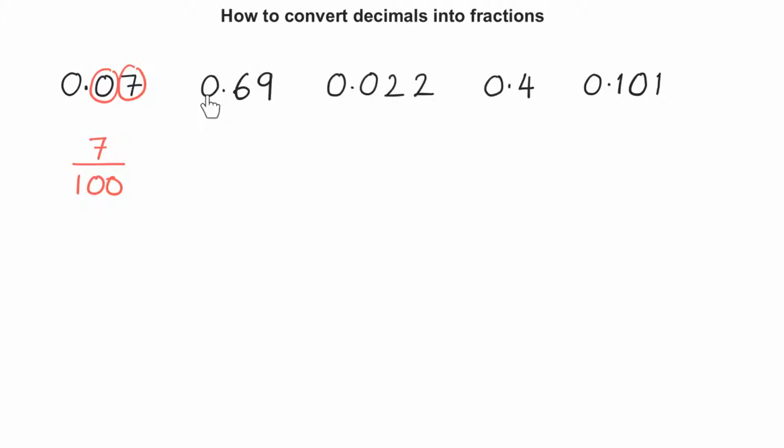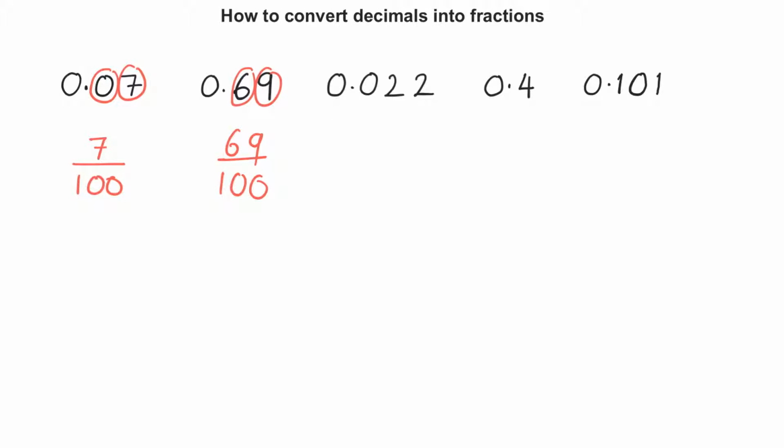Let's go to the next one, 0.69. Once again, how many decimal places are there? 1, 2. So I will write that over 100. 2 decimal places, 2 zeros, and then I just write the integer 69 over the 100. Next one,